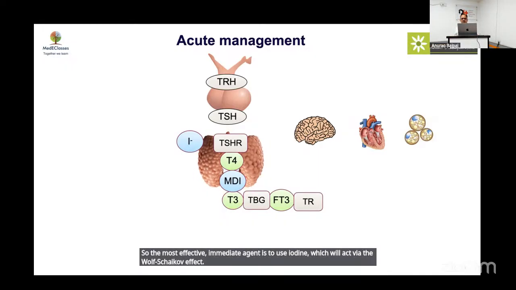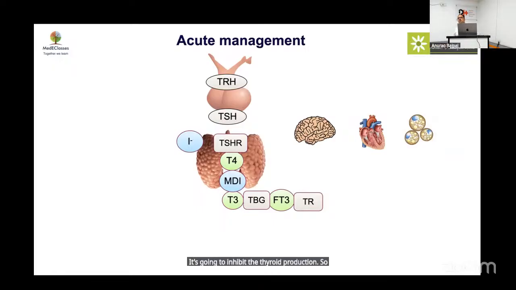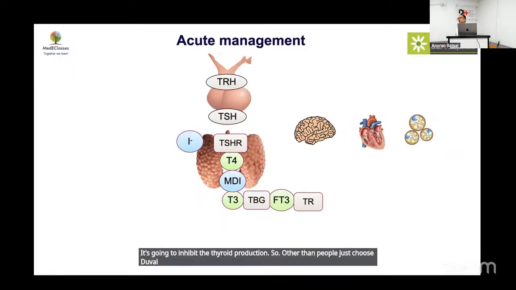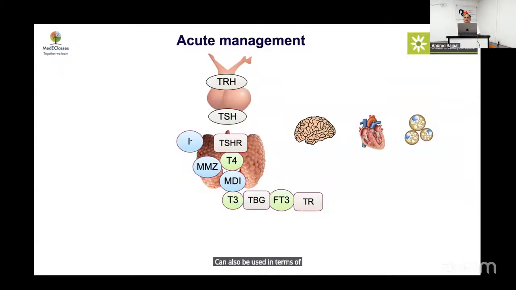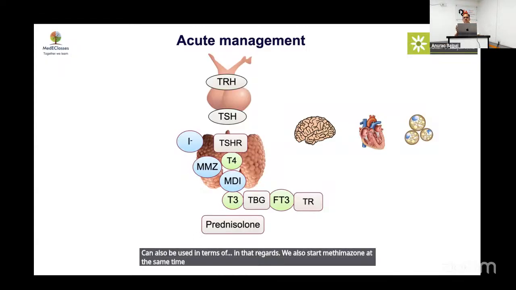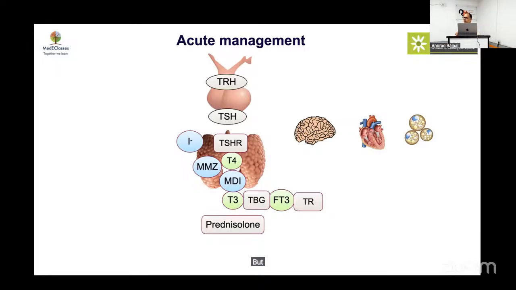It's going to inhibit the thyroid production. So earlier people used to use Lugol's iodine, which may not be available. So the iodinated contrasts which are available can also be used in that regard. We also start methimazole at the same time so as to achieve the outcome, but very importantly use steroids,